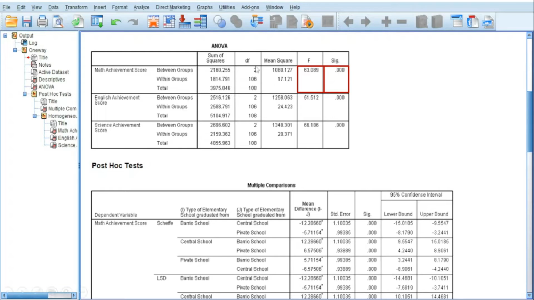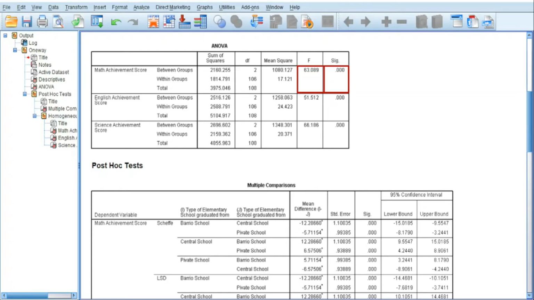But of course, you have also to observe here the degrees of freedom. Alright, now if you set your alpha level at 0.05, then you need to compare the p-value here to the 0.05 alpha level, and 0.00 obviously is less than 0.05. Then that means you reject the null hypothesis, and since you rejected the null hypothesis, then you can say therefore